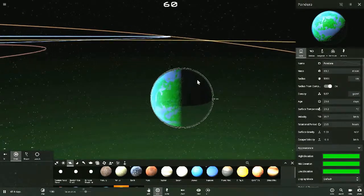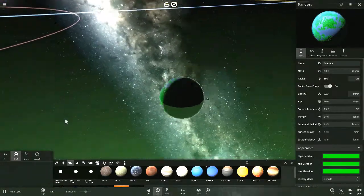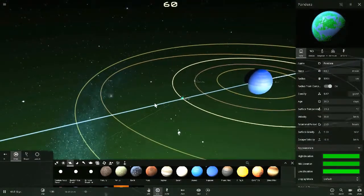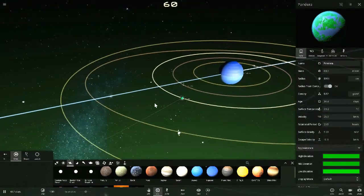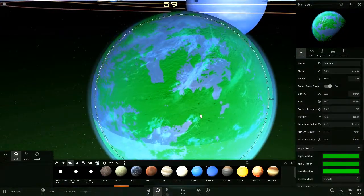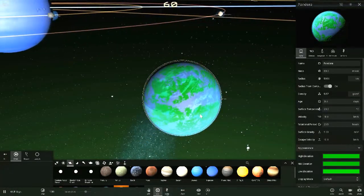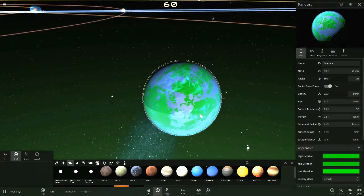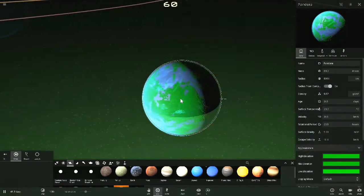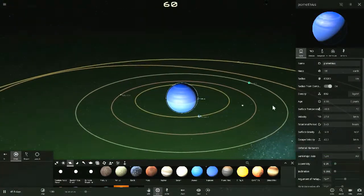But Pandora is more magnetic than the Earth. It's more magnetic than Uranus and Neptune, and it's just sitting behind Saturn. What this means is Pandora is really, I think Pandora used to be,